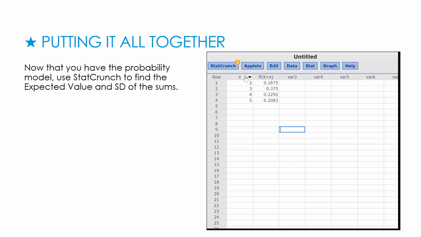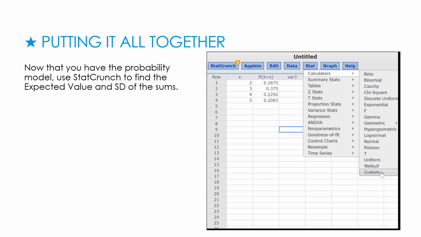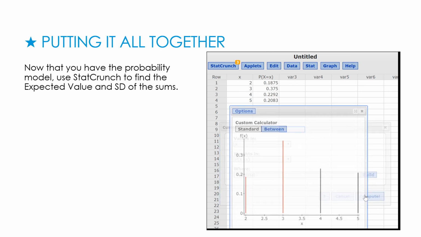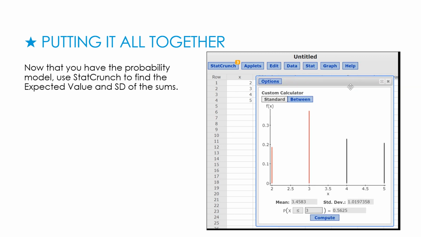So all I've done now is copy that probability model by typing it into StatCrunch by hand, and now I want to use StatCrunch to find the expected value and the standard deviation. I'm going to go to Stat, Calculators, Custom. My values are in X, my weights are in the probability column, and Compute. And again, I've got a mean of 3.4583 and a standard deviation of